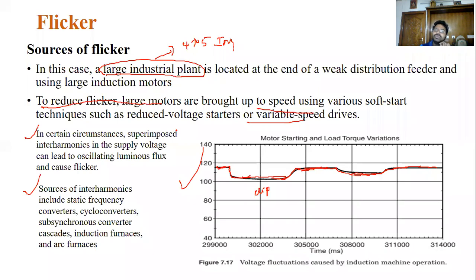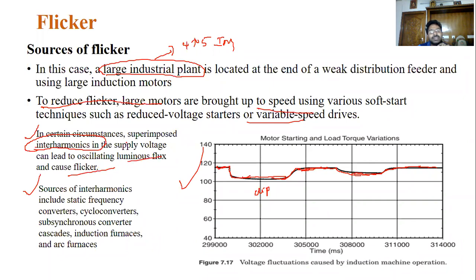When you are trying to reduce the voltage variations while starting the next motor, we use additional devices like starters, automatic starters, online starters, DOL starters, and all other starters. That will lead to the production of interharmonics in the system, which again leads to some flickers.